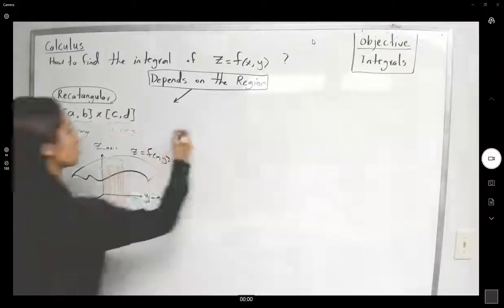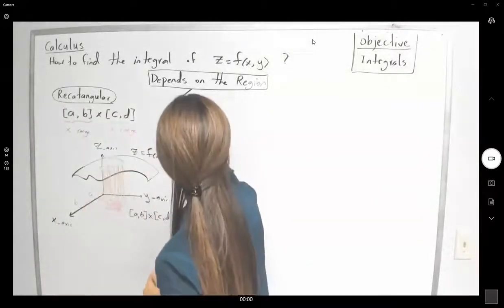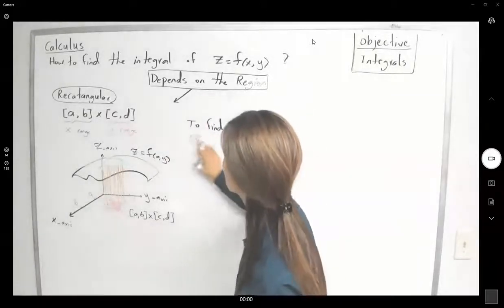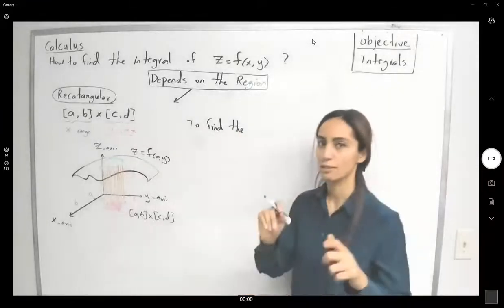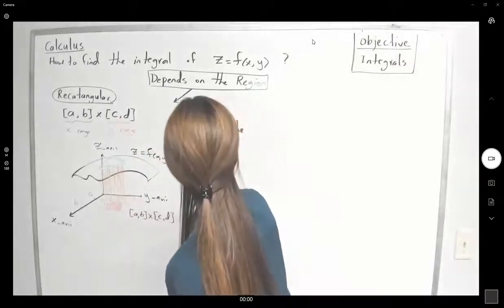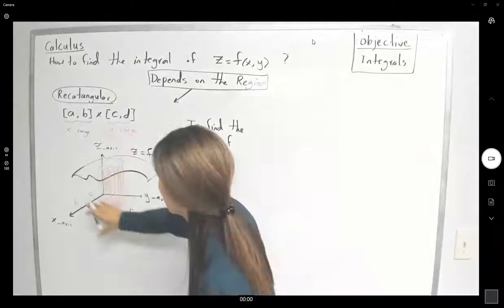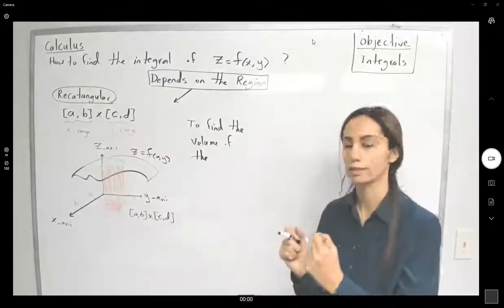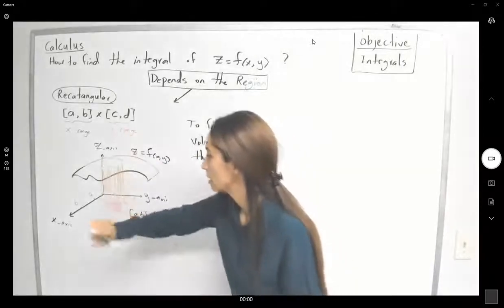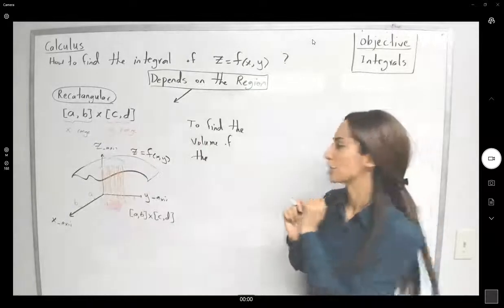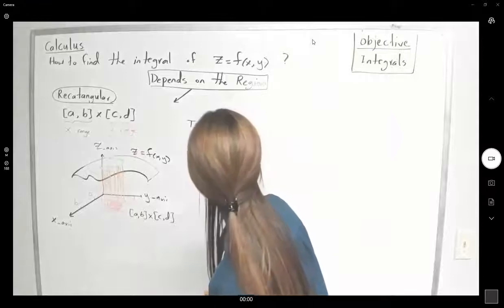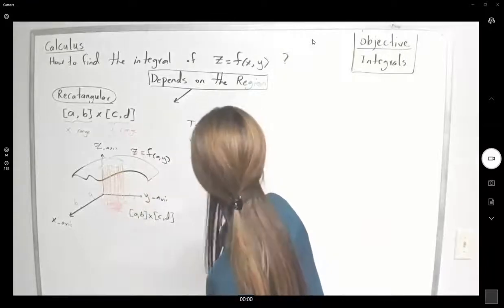So to find the double integral, it means that we are trying to find, in physics sense, the volume of this region, this part, which is bounded between the surface and this little rectangular area here, the volume of the portion